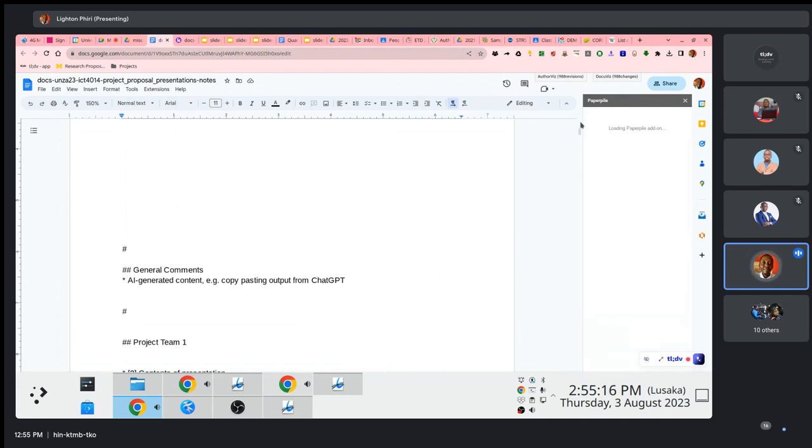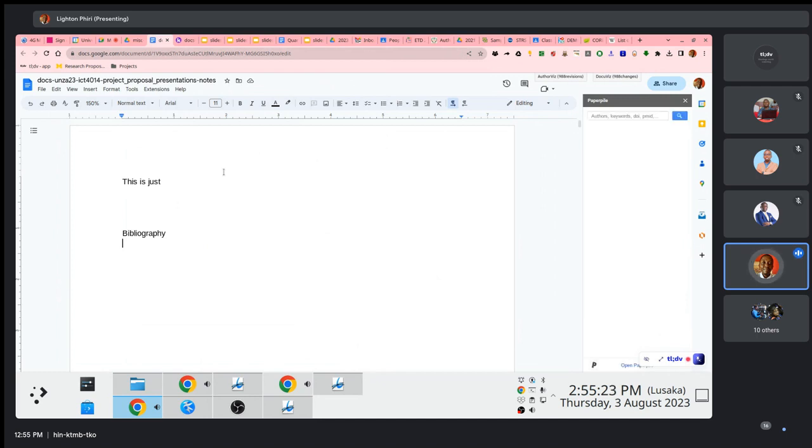This is perhaps one of the easiest things that you can easily relate to, and perhaps some of you would actually start using this if you prepare your assignments using Google Docs.